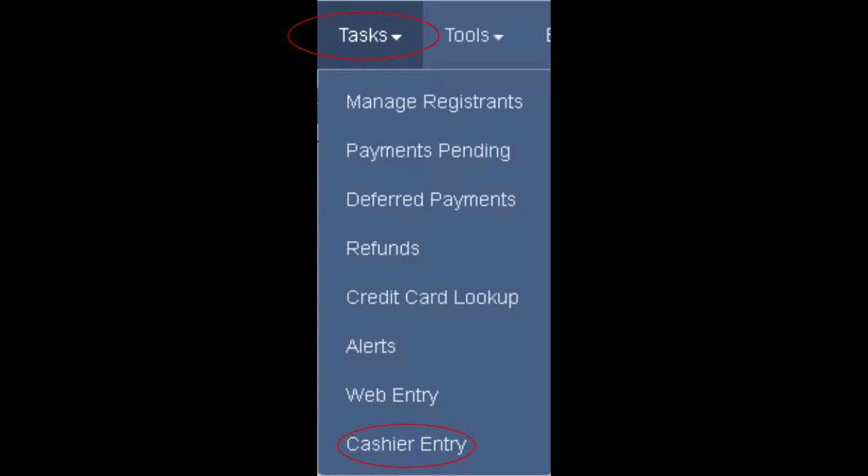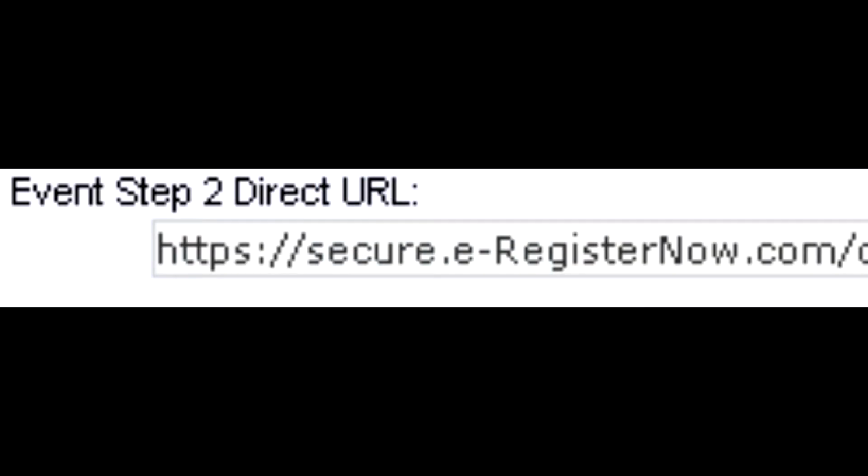The first thing you need to select is who can see the event on the Step 1 page, either everyone or just the cashiers. If you select cashiers only, the direct cashier login and the Step 2 direct link can access this event. This is a great way to hide the event from the public and send out a private